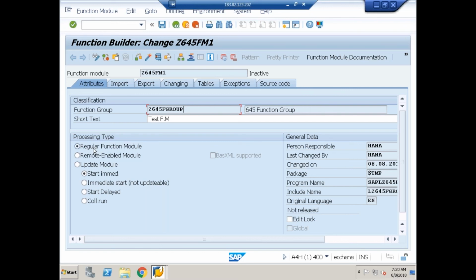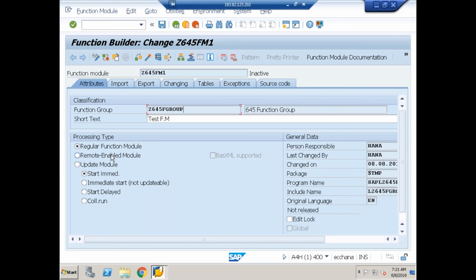Regular means normal function module, which can be accessed throughout this particular SAP server. Remote means I can call it from another SAP server also. Understood? Regular means normal function module, global to the current server.